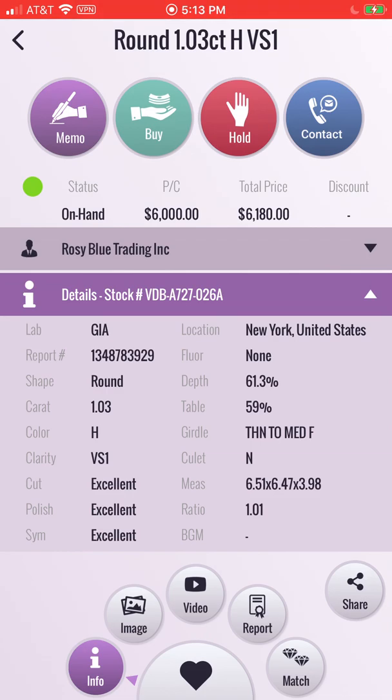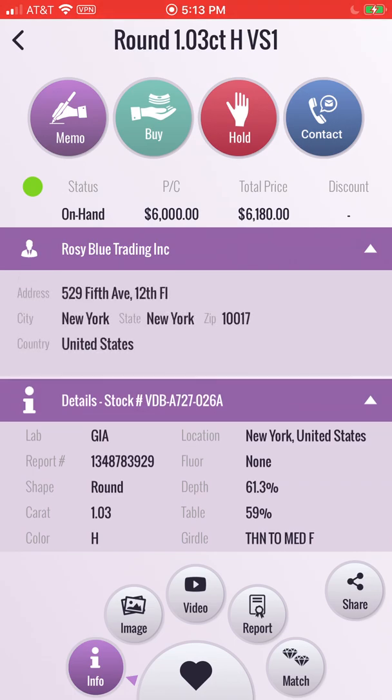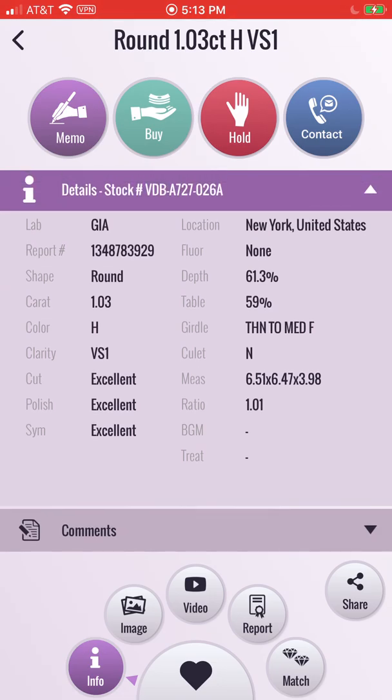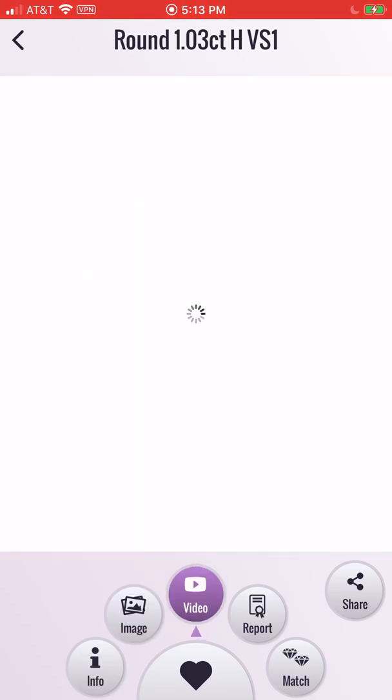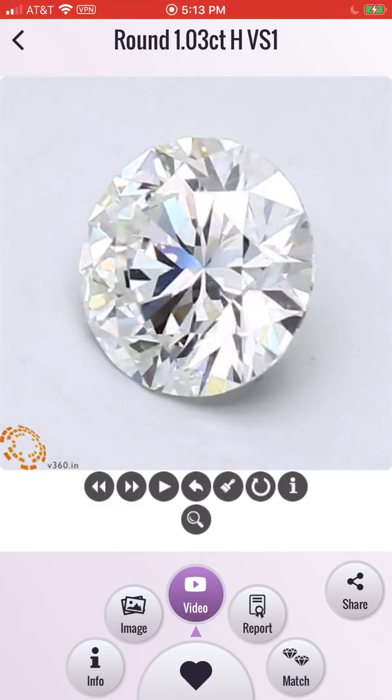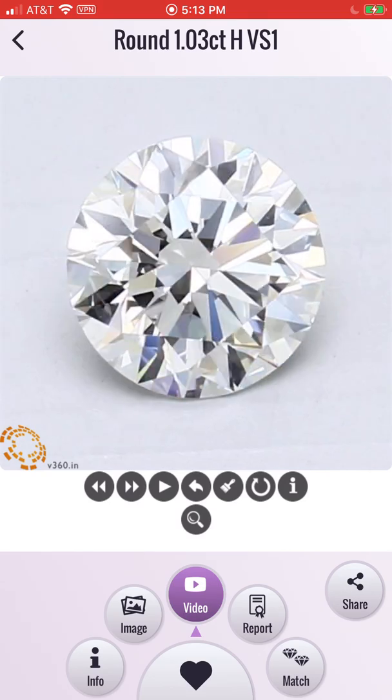Opens up the diamond detail. It lets me know immediately who's holding the diamond. I can tap on their name and know where their office is located. I can view the diamond details, and at the bottom of the screen I can view the image, the video that the vendor uploaded. In this case, it's an interactive video where I can control it and really inspect the